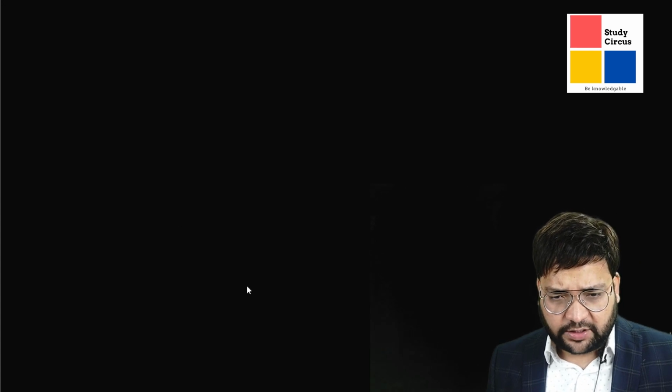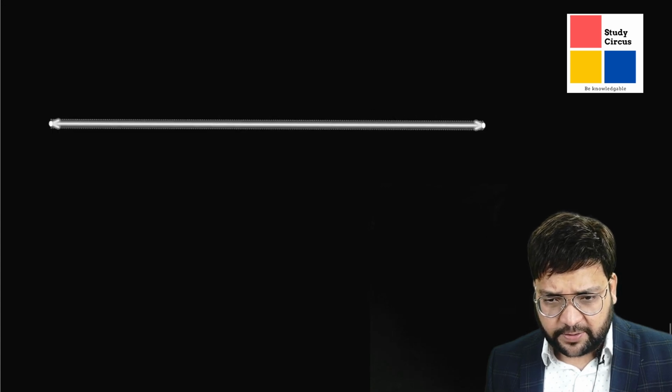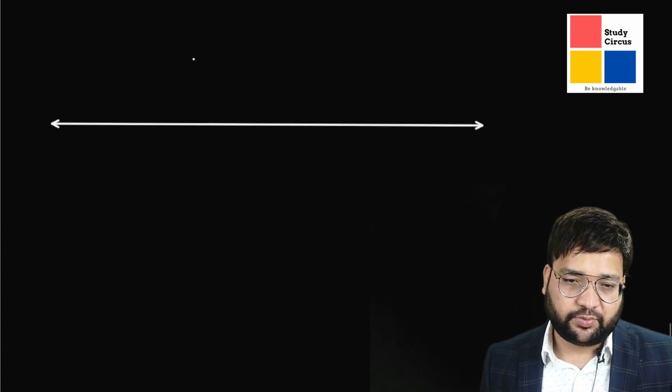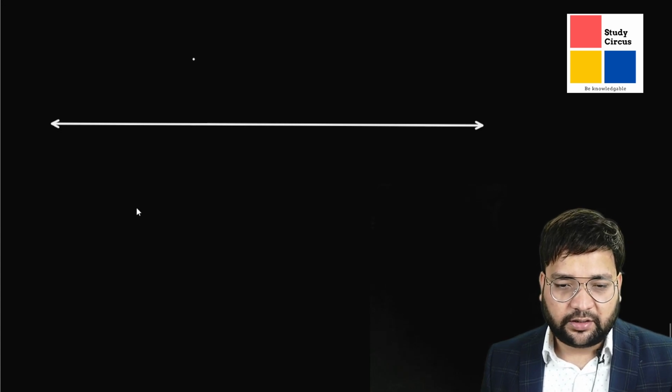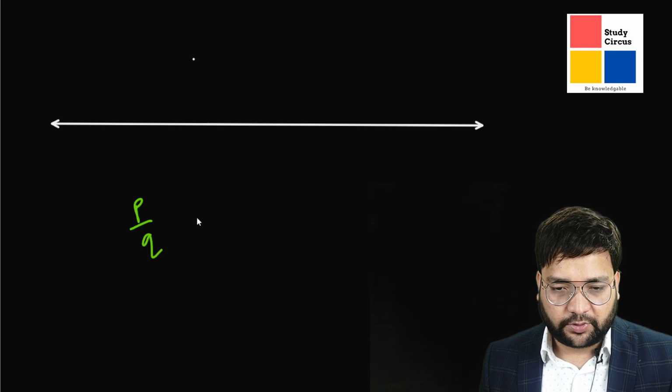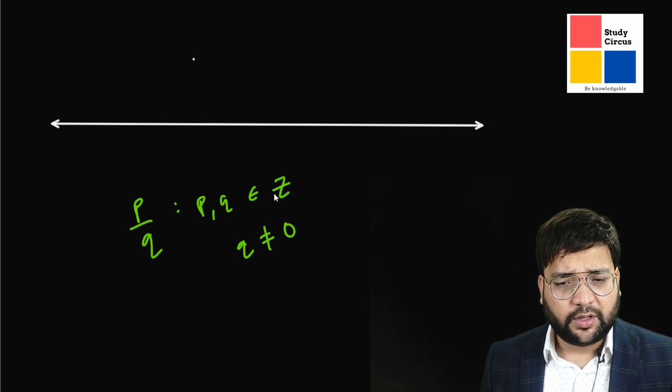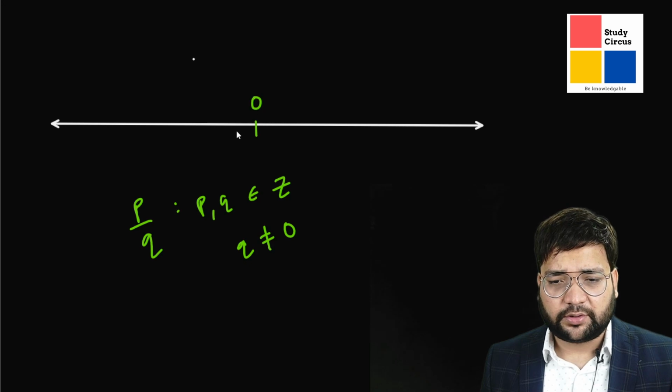So we have seen the real number line has rational numbers on it and irrational numbers on it, right? And we have seen the definition of rational numbers. Fine. So we have seen that this real number line has rational and irrational numbers. Rational numbers can be represented in the p upon q form, where p and q are integers and q is not 0. This is what we know about the rational numbers.